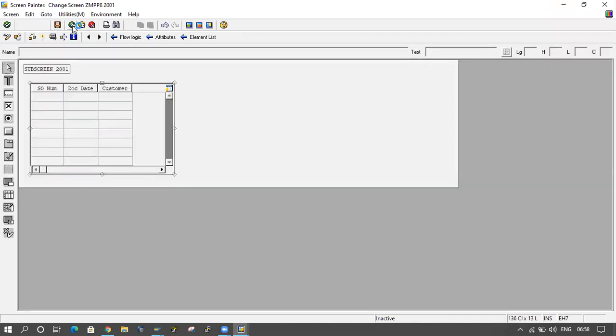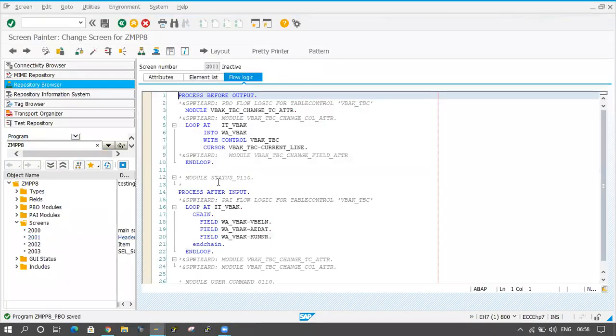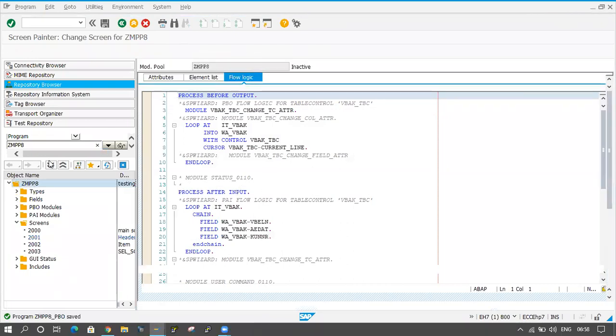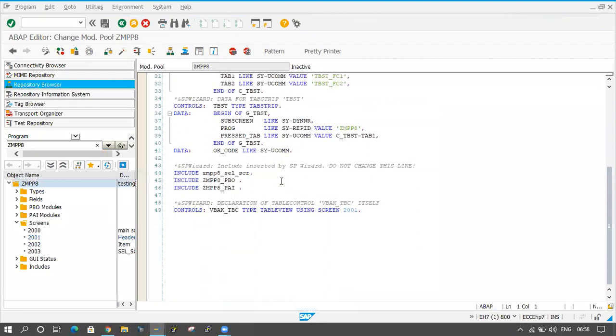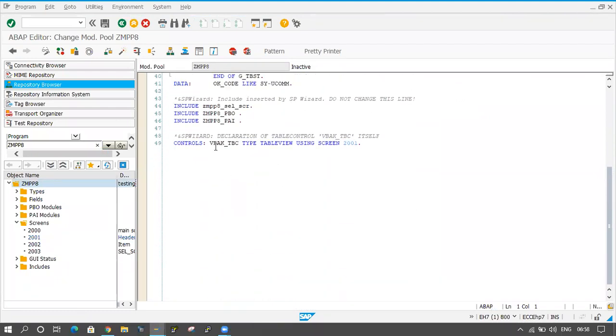Click on the back button. It's completed. Okay, you just double click on the main program. So automatically code will come here. See, CONTROLS VBAK_TBC TYPE TABLEVIEW USING SCREEN number is coming here automatically.